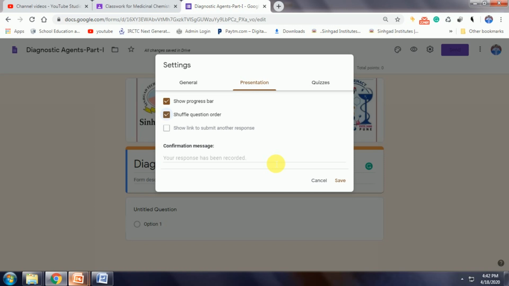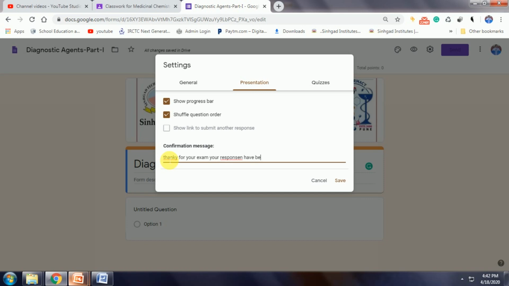Then you can write the confirmation message for the students that their responses have been recorded. So you can write, thank you for your exam, your responses have been recorded.